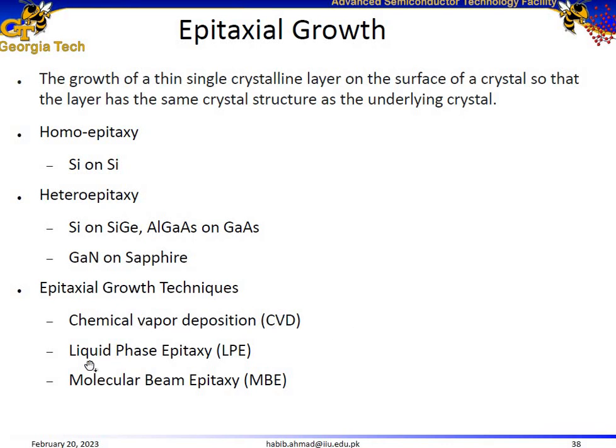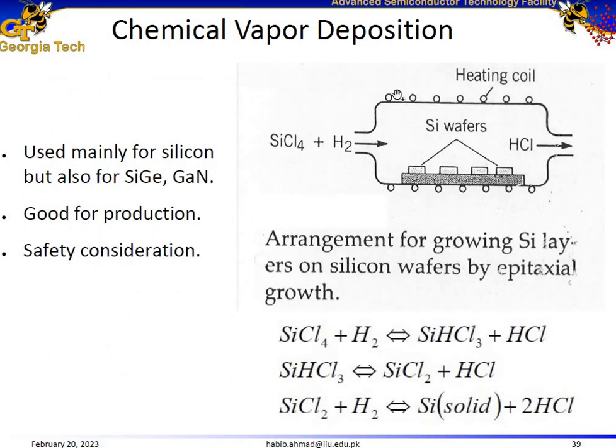Chemical vapor deposition, liquid phase epitaxy, and molecular beam epitaxy. And each of these growth techniques has its own dynamics. For example, chemical vapor deposition involves a substrate. If you want to grow silicon on top of gallium arsenide, you place the gallium arsenide substrate inside this chamber and you introduce reactant gases, silicon tetrachloride plus hydrogen, into this chamber, and these gases react at